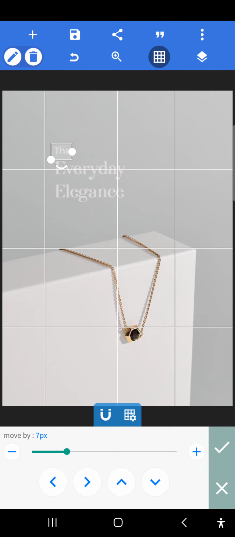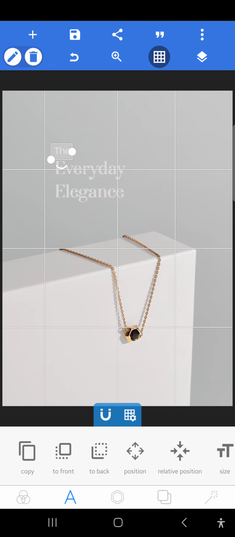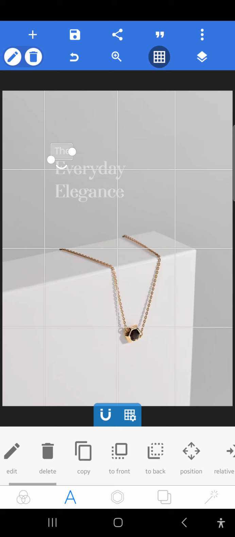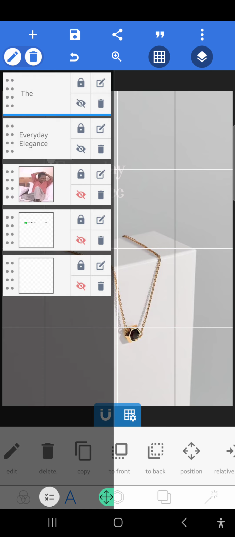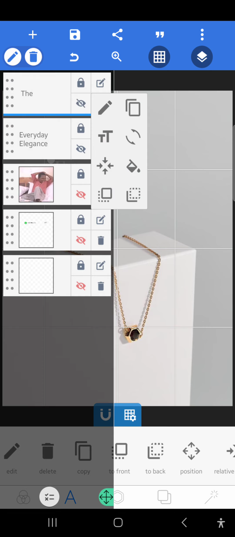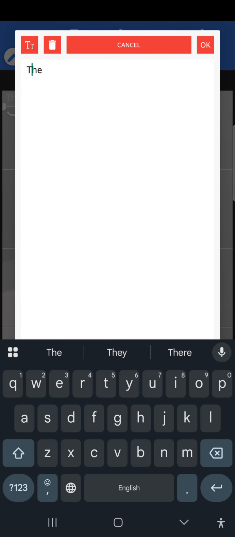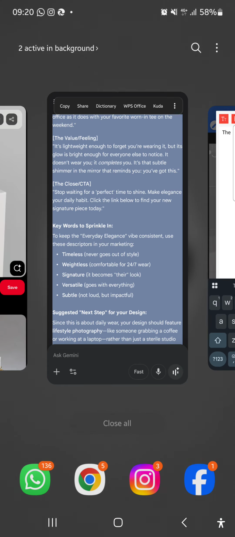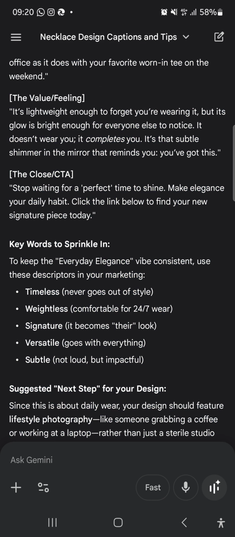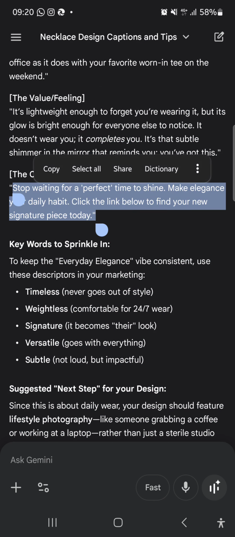I'm going to go back to my design. I'm going to also duplicate, like in this place now. Before I went here and I clicked here and I saw that copy icon, so it's also here. So I'm just going to simply click it and go to edit. Then I'm going to paste my CTA. Seems like, guys, I didn't copy that CTA. Stop waiting for the perfect time. Remember to remove the